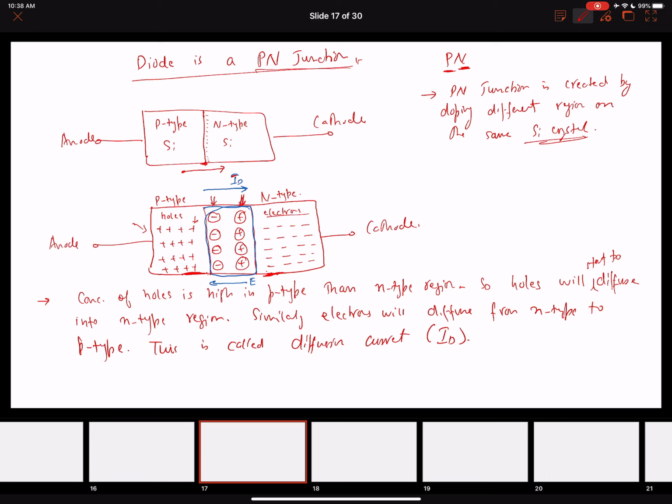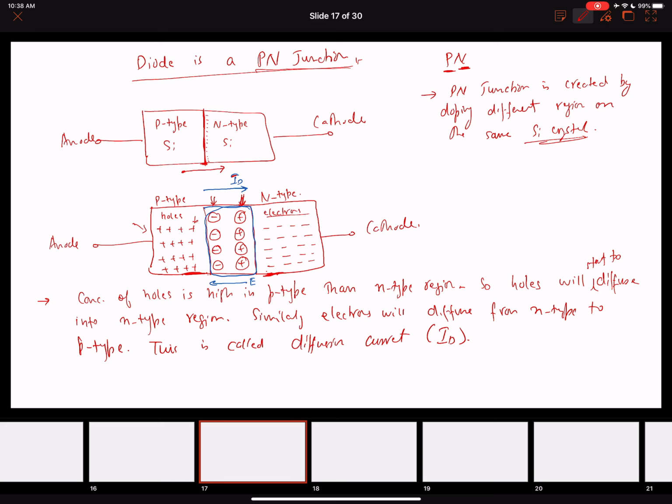This PN-junction is a diode. P-type material has a bunch of holes as majority charge carriers, as we discussed earlier. N-type material has a bunch of electrons as majority charge carriers. So as soon as these two are present side by side, combined together,